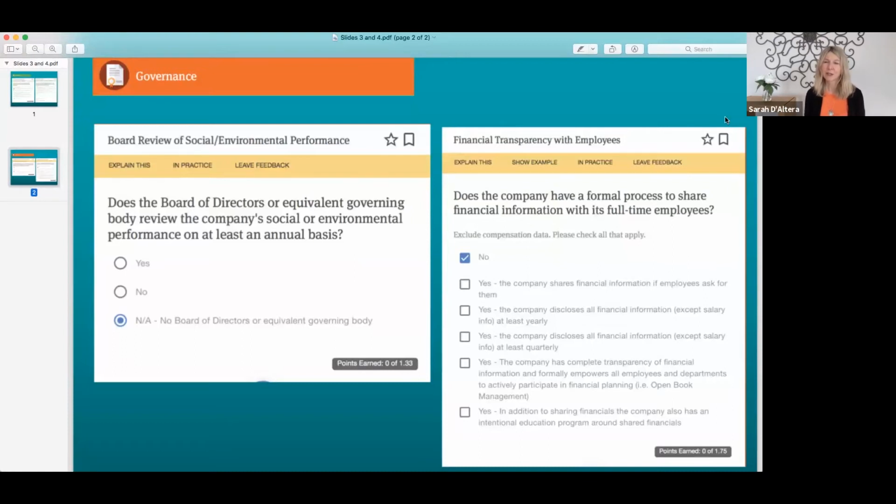The other one I wanted to highlight was financial transparency with employees. Does a company have a formal process to share financial information with its full-time employees? That can be a really sensitive one. On first glance, you might think, well, we're not going to give them information about how much profit we've made or what our margin has been. That's a bit too much. Best practice in terms of B Corp is creating that transparency and creating the environment where it's safe to share that, and it's done with the intention of empowering, educating and improving communication,